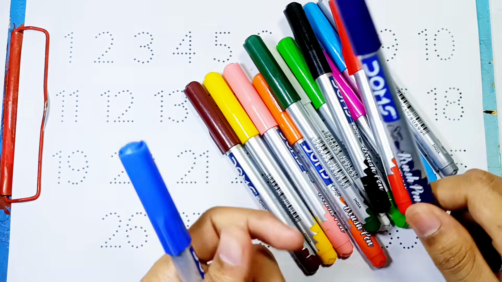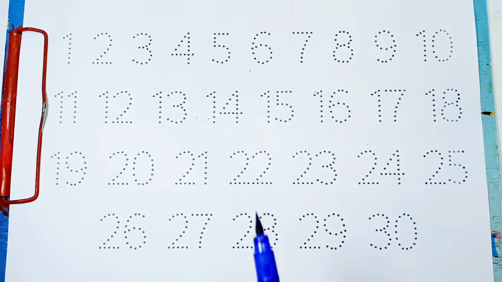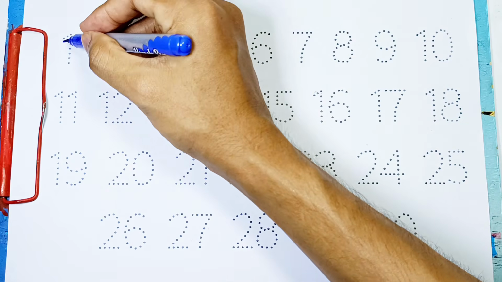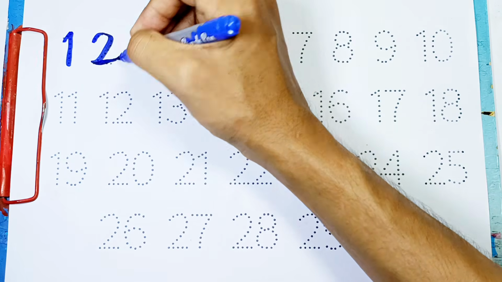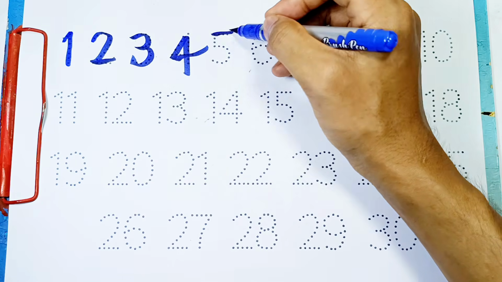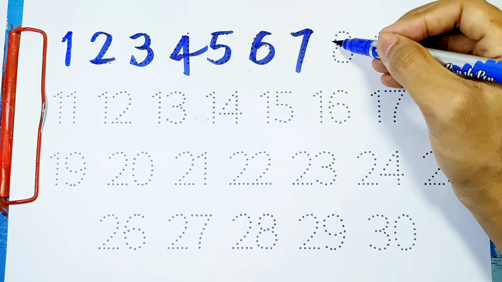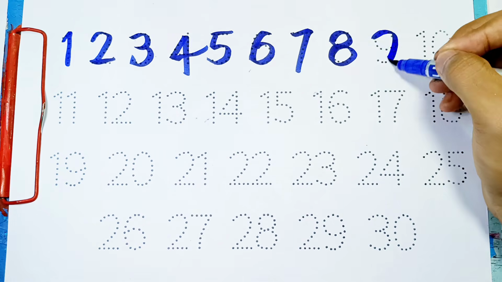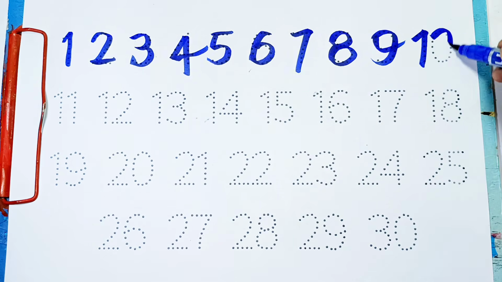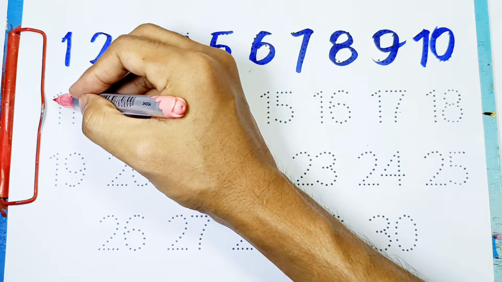Red color. Kids, now we're opening the color of purple, and the last one is blue color. First we're using the color of blue, and now we're writing 1, 2, the number of 3, 4, stay with us, 5, the next one is 6, 7, 8, 9, exactly, 10, stay with us, light pink color, 11,